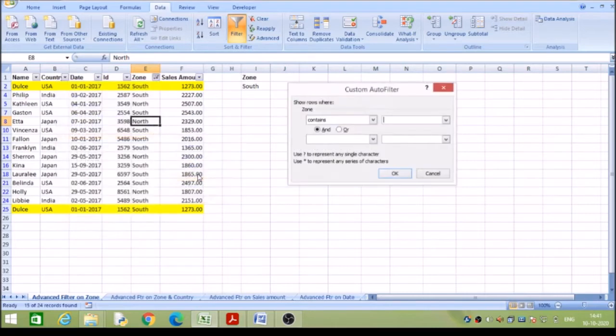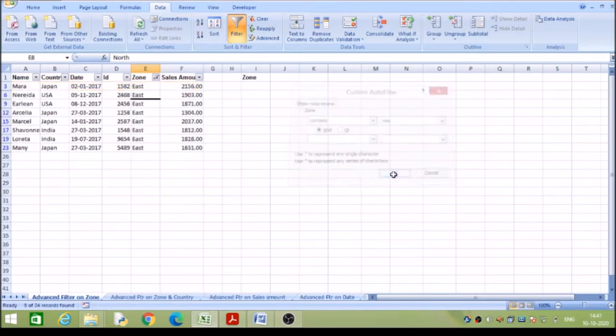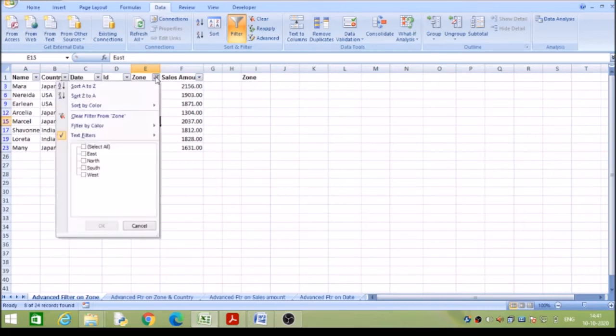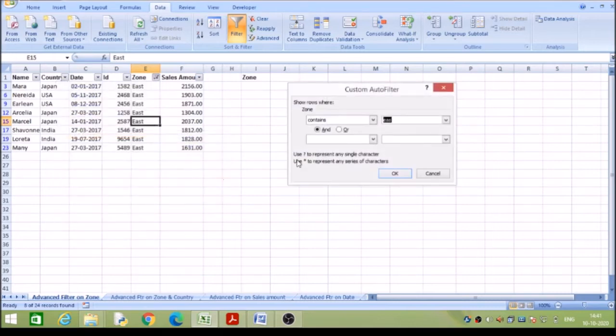Next, contains. Contains means it can be anywhere in the word. Suppose I go for EA, I'll get only east. Or if I go for OU, it need not be at the start or end, it can be in the middle also.